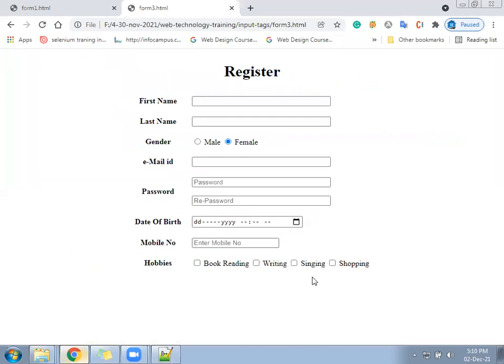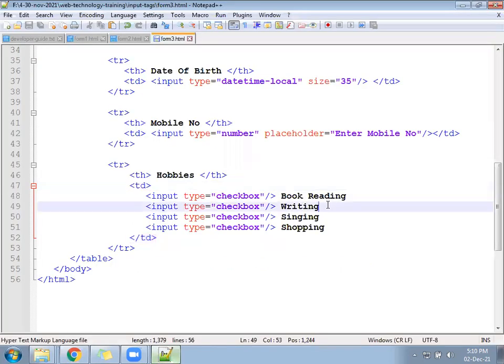We will keep two checkboxes in one line and two checkboxes in the next line. We will keep a simple BR after the second checkbox.